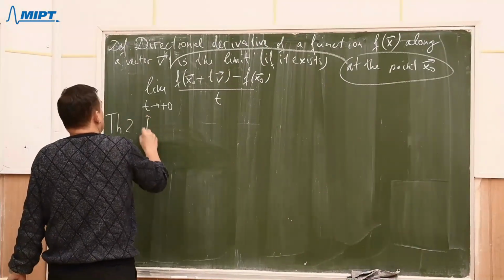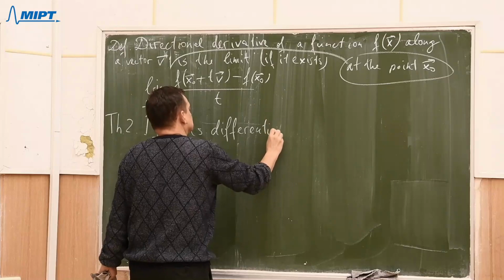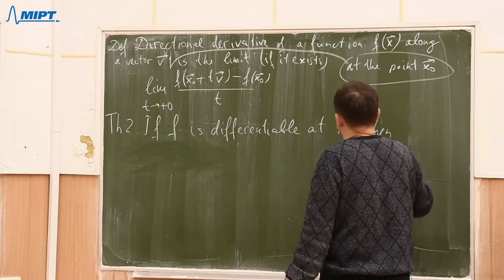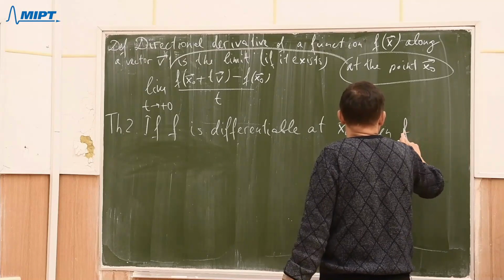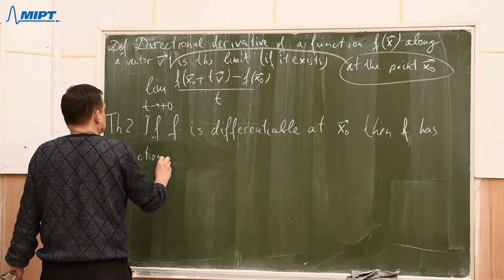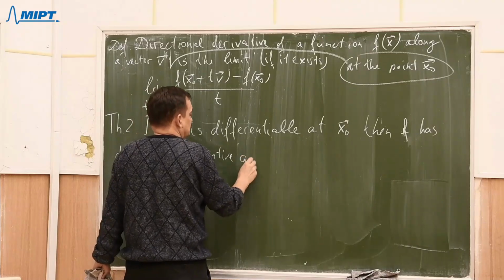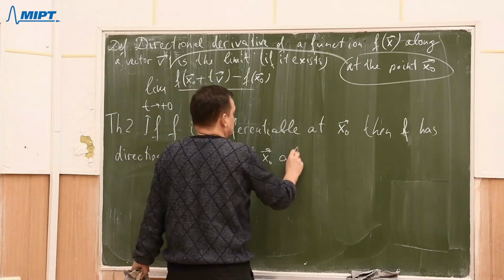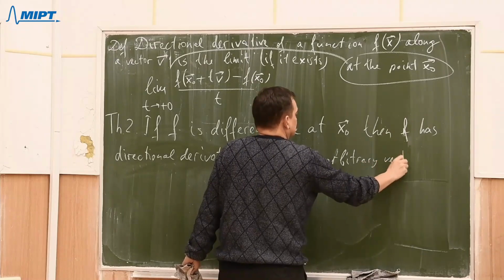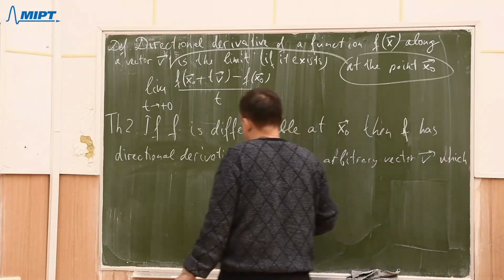Theorem 2. If f is differentiable at x naught, then f has a directional derivative at x naught along an arbitrary vector v, which is equal to,